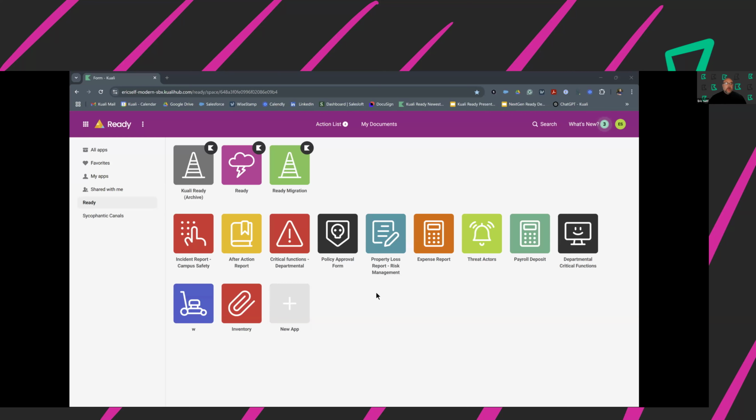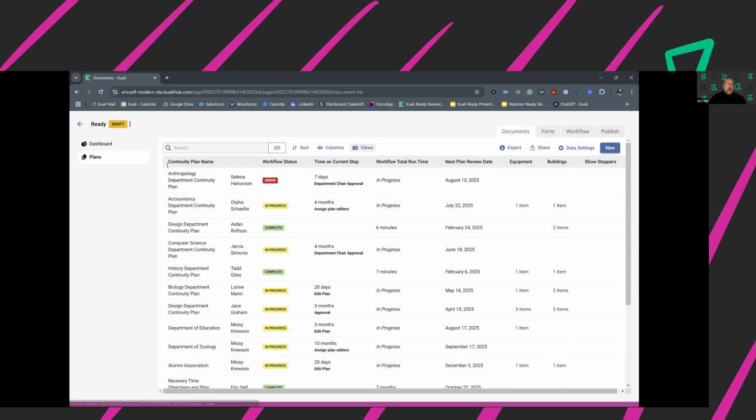You want to add something to your department, something like an incident report, or you can create those and you can keep all that in-house on the same platform. But for the Ready product, it is a product, so you don't have to build anything out. It's given to you. It's an out-of-the-box thing, and so when you click into the product, what you're looking at here is what Paul Dimond had stacks of on his shelf, and how he was managing it was three ring binders.